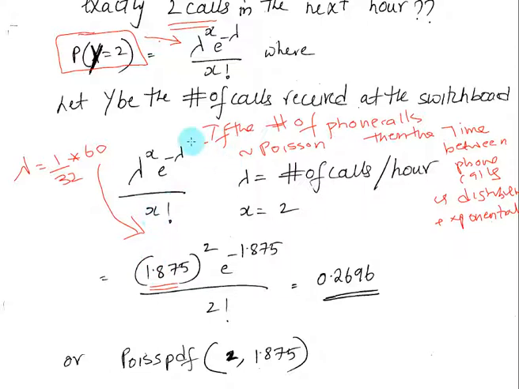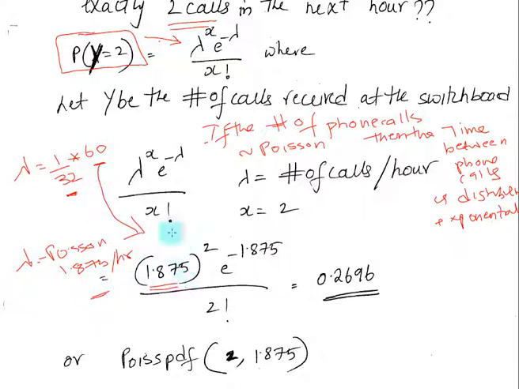And if you have to find how many calls in the next hour, this is really 1.875 per hour, that's how many calls per hour. That's the lambda value for the Poisson distribution: 1.875 per hour. So we're really switching this 1 over 32 by multiplying it by 60 into how many phone